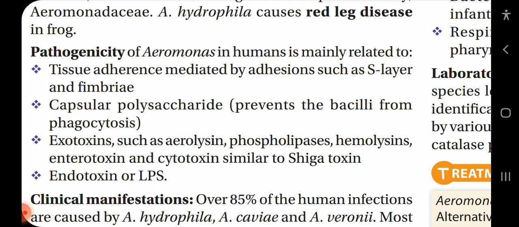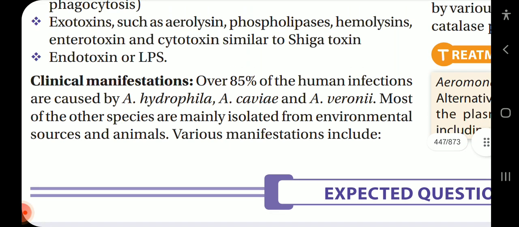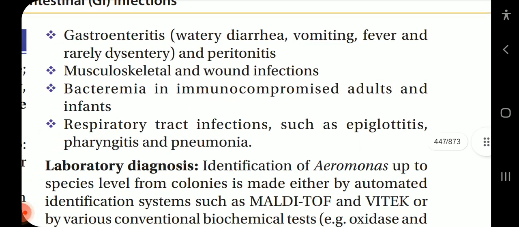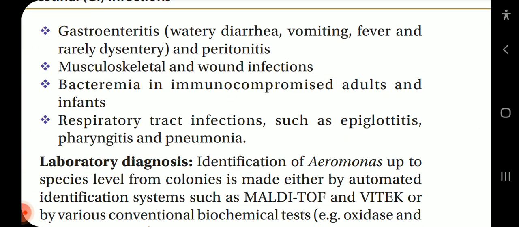Exotoxins such as aerolysin, phospholipases, and hemolysins, enterotoxin and cytotoxin similar to Shiga toxin, and endotoxin or lipopolysaccharide. Clinical manifestation: over 85% of human infections are caused by Aeromonas hydrophila, Aeromonas caviae, and Aeromonas veronii. Most of the other species are mainly isolated from environmental sources and animals. Various manifestations include gastroenteritis, watery diarrhea, vomiting, fever, and rarely dysentery and peritonitis, musculoskeletal and wound infections, bacteremia in immunocompromised adults and infants,